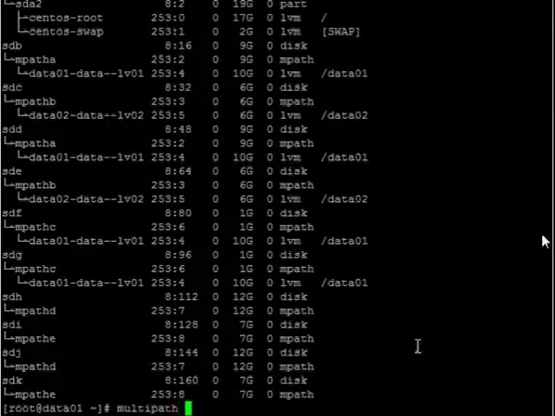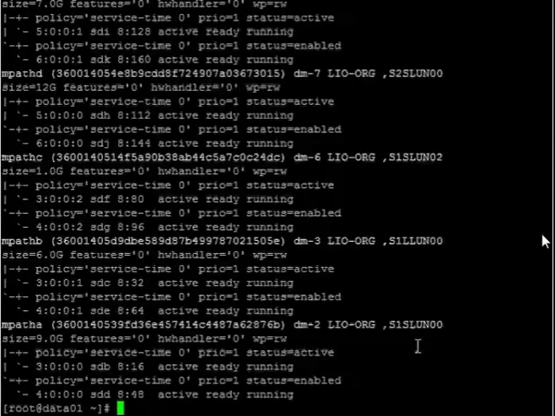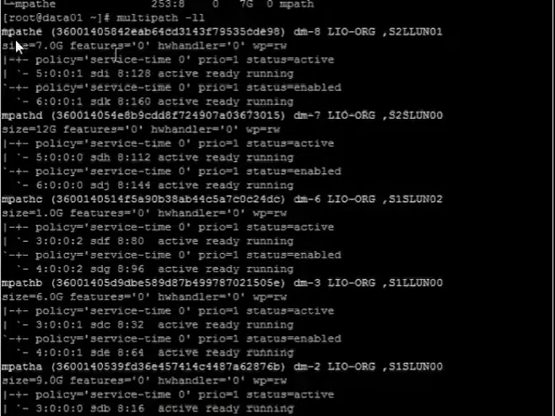Now we'll do multipath -ll. Now you can see two more disks added in multipath, that is e and d. So we will be migrating the data from the old storage to the new storage. In this practical, we are going to do the data migration from the LVM LUN to the LVM LUNs only, and the non-LVM LUNs data to the non-LVM LUNs.